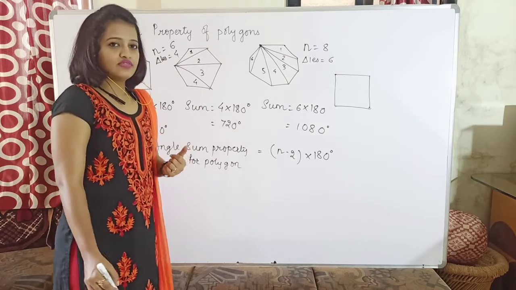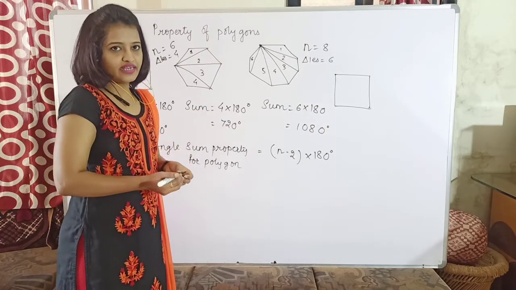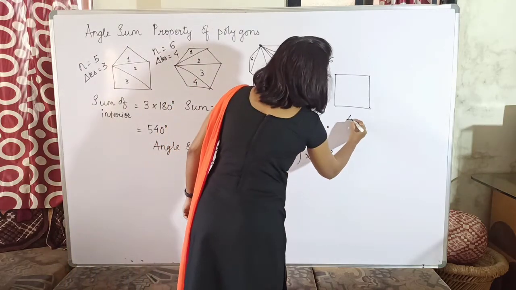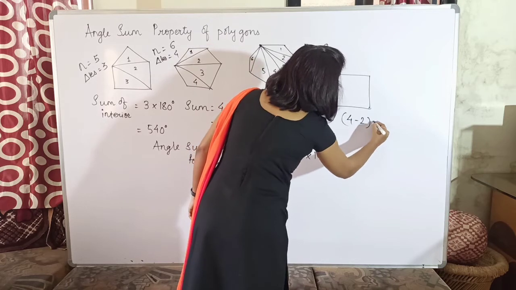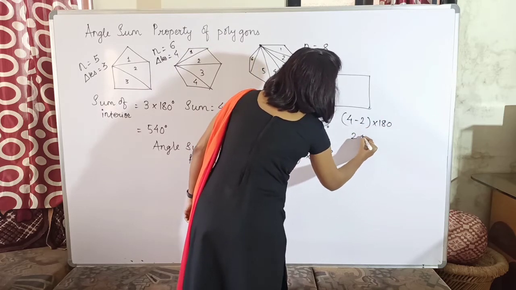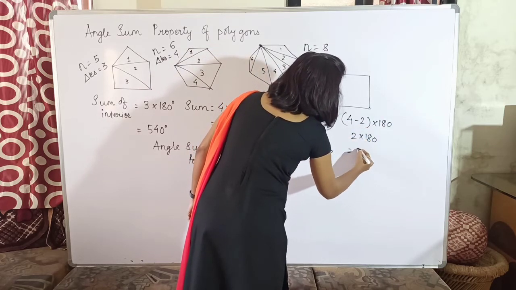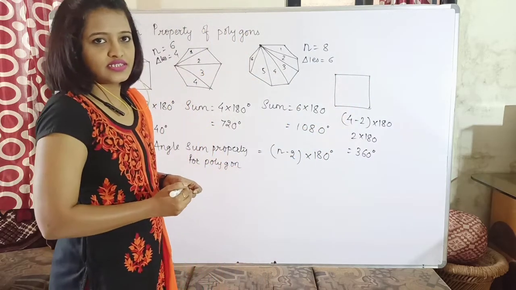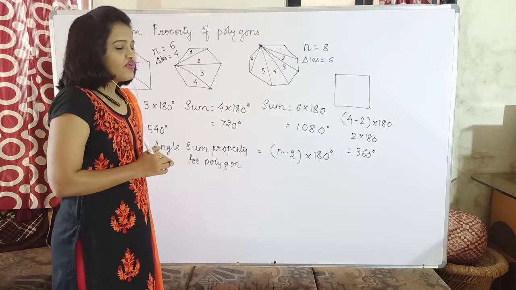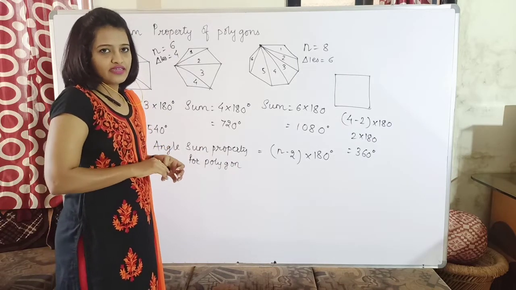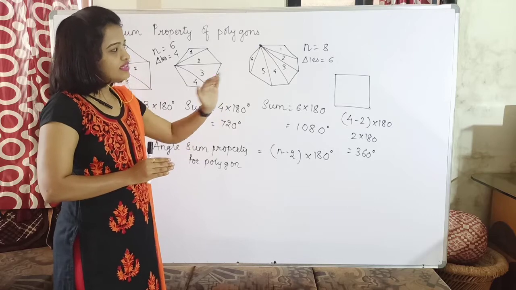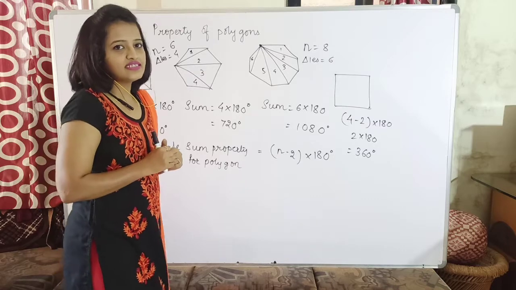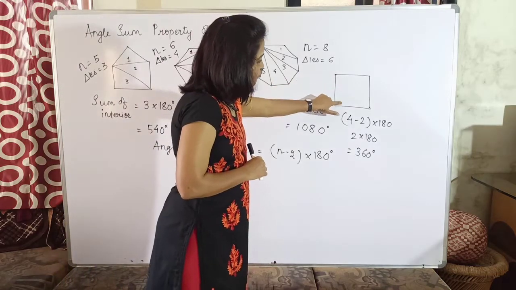Further, I know the sum of the interior angles of a quadrilateral. Again, the n is 4, less it by 2 and multiply it with 180. So it will be 2 into 180, which is equal to 360. So the sum of all the angles will be 360. But if I have to find the value of each interior angle, I know that all the angles are of equal values. And how many angles is it having? It is having 4 angles.